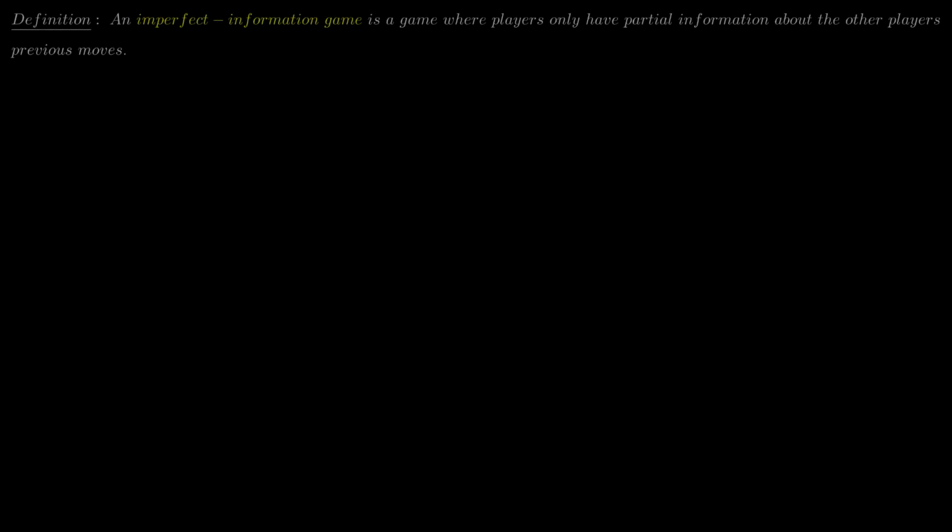So now let's cover the notion of an imperfect information game. Unlike the perfect information game, an imperfect information game is a game where the players only have partial information about the previous moves of the other players. Let's give an example to illustrate this. Say we have the following game. There are 3 players, Anne, Bob, and Carla. Initially, Anne and Bob are in the same room, and Carla is outside the room. Anne moves first, chooses either a red card or a black card from a full deck of cards, shows it to Bob, and puts it face down on the table.